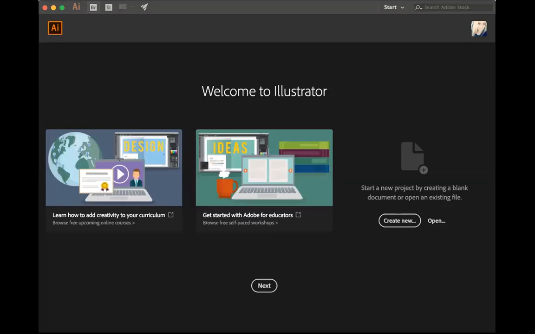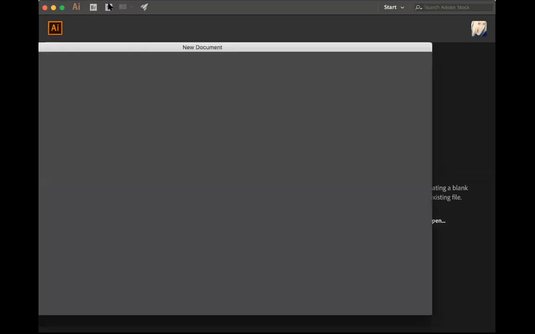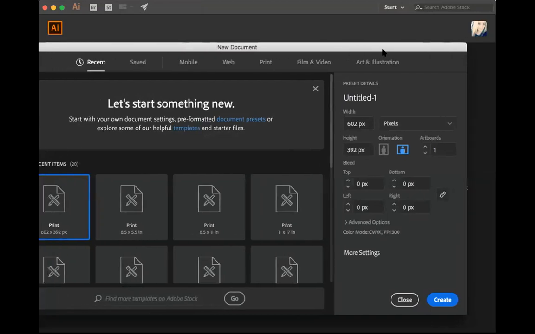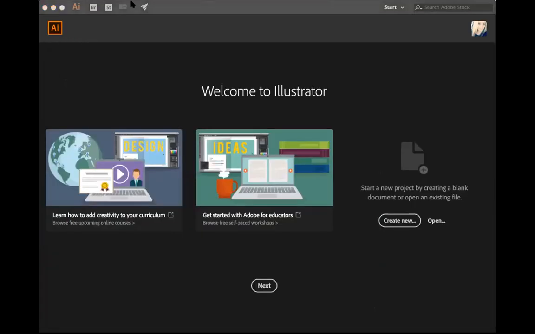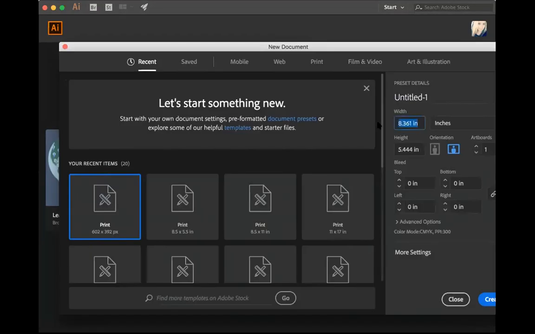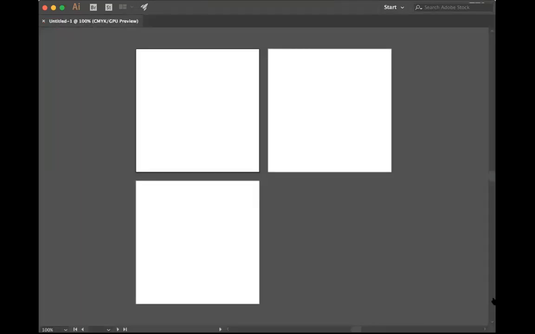You can do sketches of an idea of what you want if you're doing a word mark, or a combination mark, which would be a symbol along with the actual word itself, the company's name. Okay, when I'm ready to go, does it give you a size dimension in our assignment? I forgot. 4 by 4. So you want 4 inches by 4 inches, and you want 3 artboards. Everything else looks good. So it should look like that.